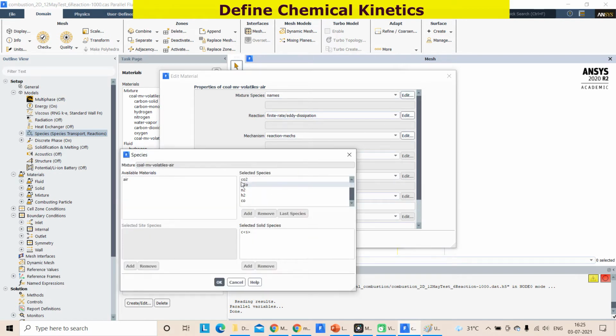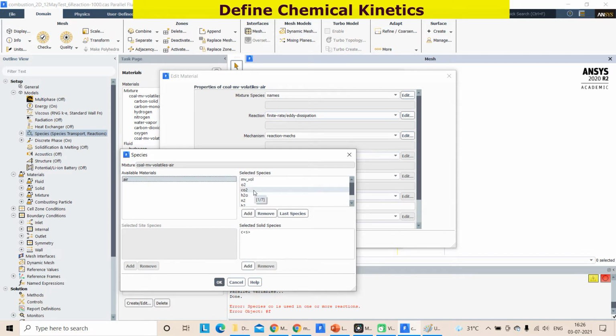These species are there. Initially, species might be on this side, from the left side. You have to move these species here. These are available. If not available, then we can add them here, because in lecture 5 there was a tutorial on mass transfer where we explicitly added some species, and these available species we can move here, with the add option. Here I put add, then the species will be added on the right side.